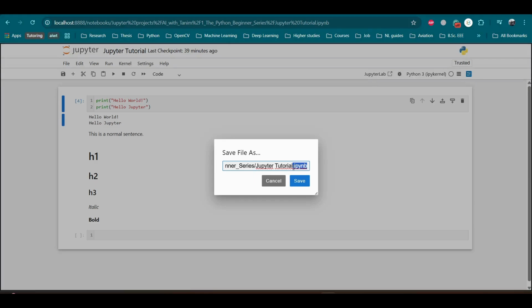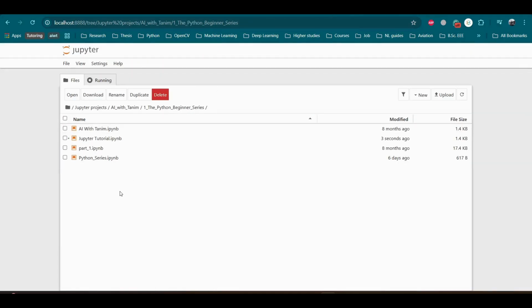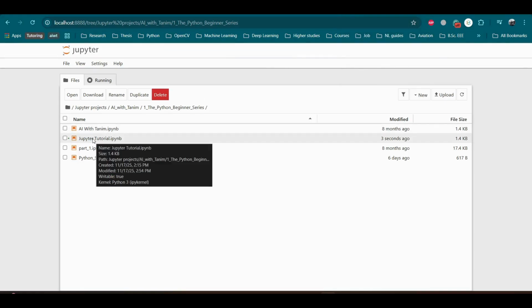And when you have this format, you can open it in Jupyter Notebook or other notebook platforms like Kaggle or Google Colab, etc. So we can save it like this, and it's saved. If you go to your home, you'll see we have it, right? So let's close the previous one and we'll open it again,